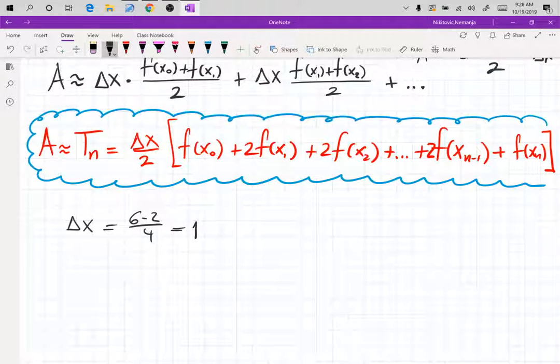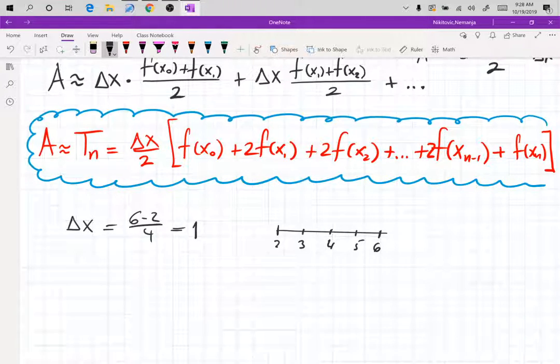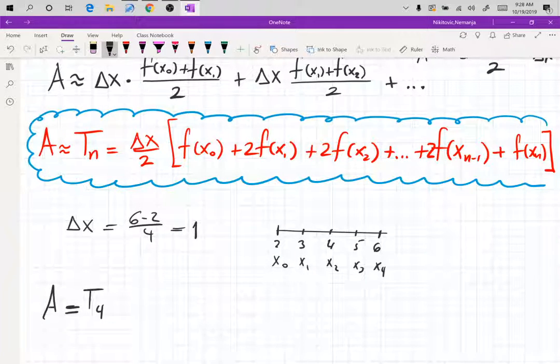We have our partition again, that it's 2, 3, 4, 5, and 6. So we have our partition, and those are my x0, x1, x2, x3, x4, and I just plug them in the formula. So area is approximated by T4, trapezoid rule with 4 rectangles, and that's going to be delta x is 1, so 1/2, and I just go